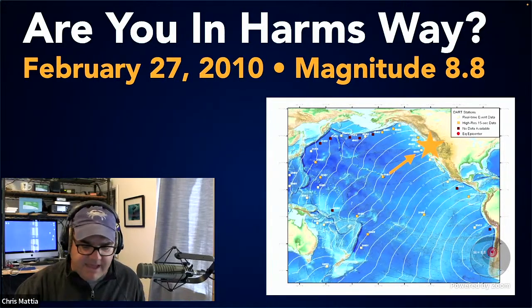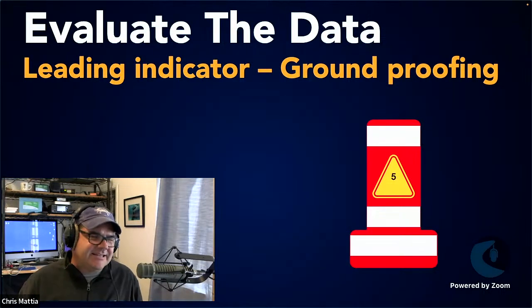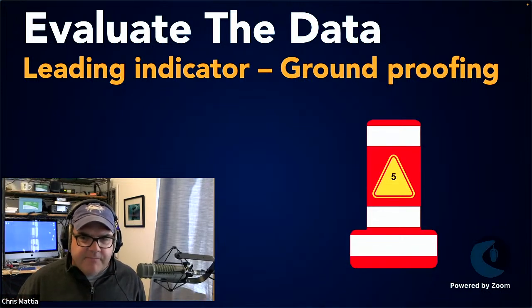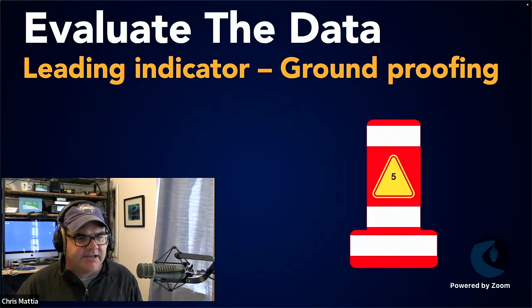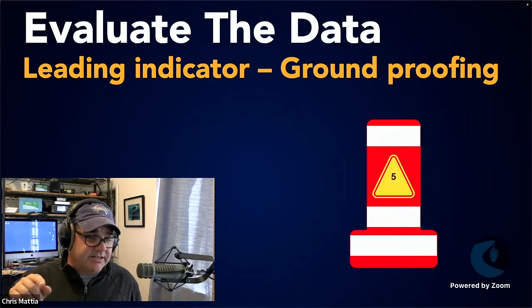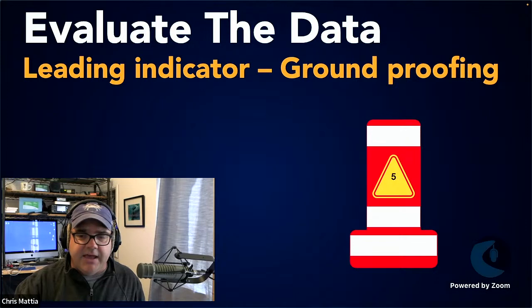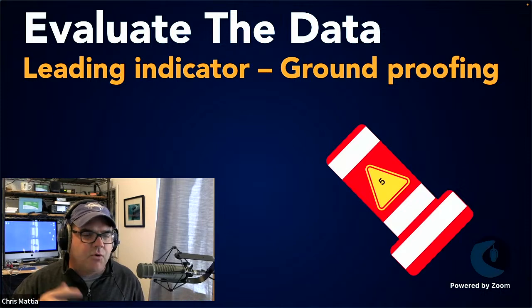And when that happened, I thought to myself, let's go ahead and evaluate this data. What is a leading indicator? What is some kind of ground proofing that I might be able to do to tell whether or not I am actually in harm's way? There's the realization that I may actually be in the path of a tsunami. And so what I did was I stuck my head up out of the boat, and I looked into the middle of the harbor, and there's a little small channel marker that floats right in the middle of the harbor, not far from where my boat is. And what I noticed was the channel marker was laying down on its side, and it was pointing out to